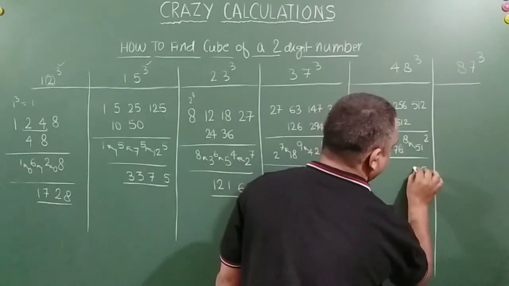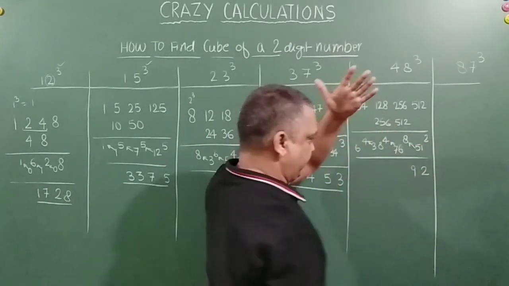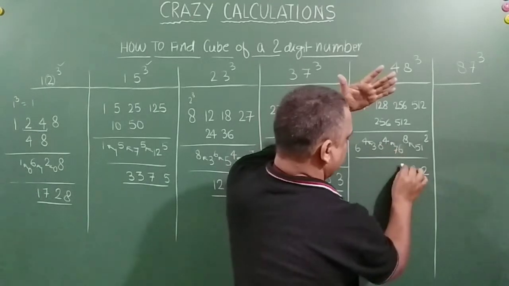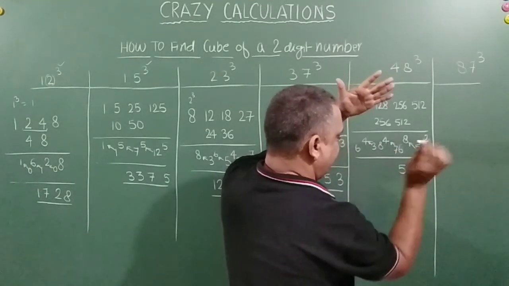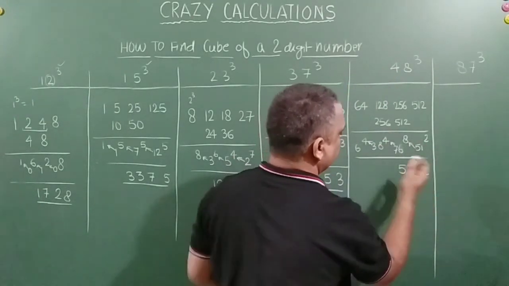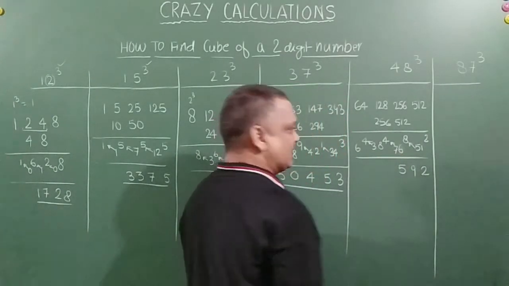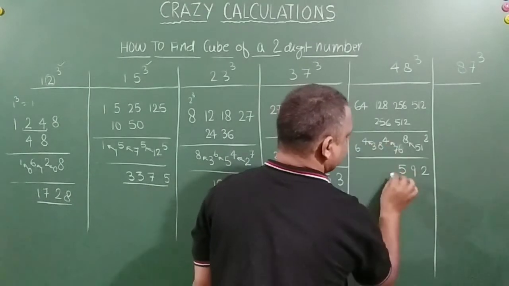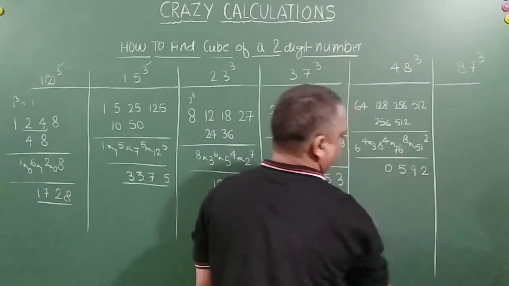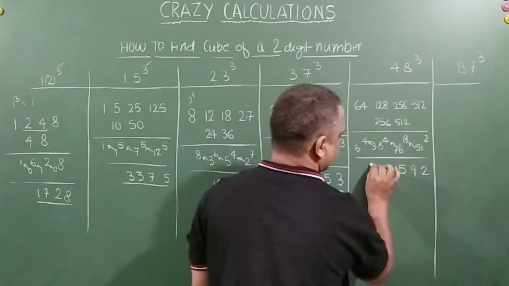51 plus 8 is 59. Carry forward is 5. This is 80. So 85. Carry forward is 8 now. Okay? 38 plus 8 is how much, friends? 46. 46 plus 4 is 50. Carry forward is 5. 6 plus 5 is 11.